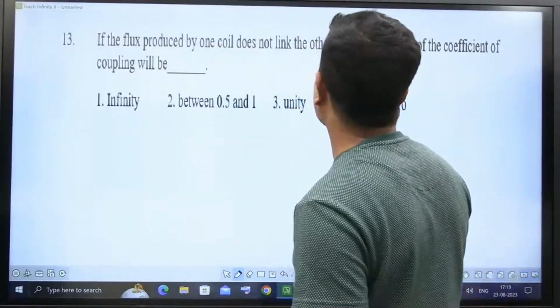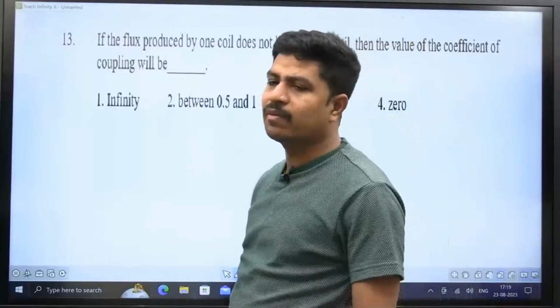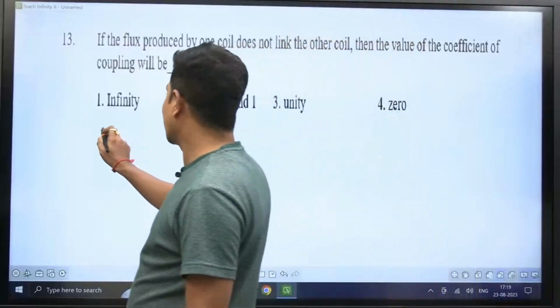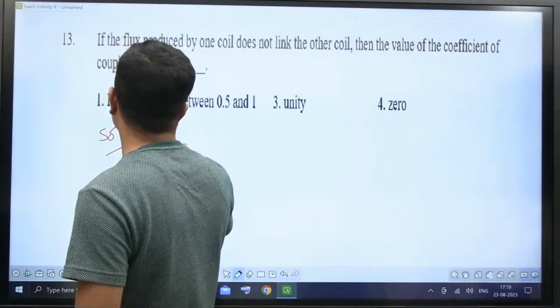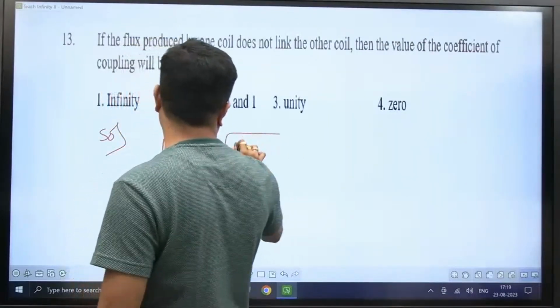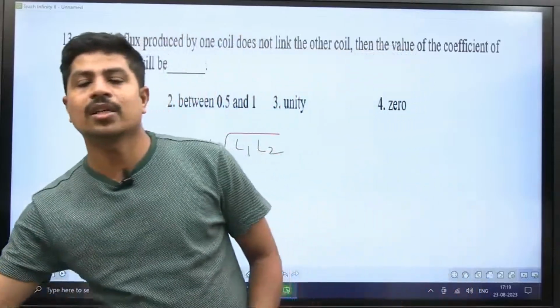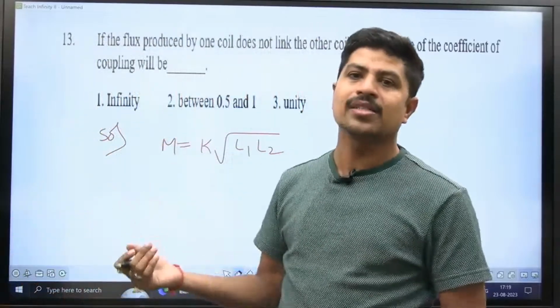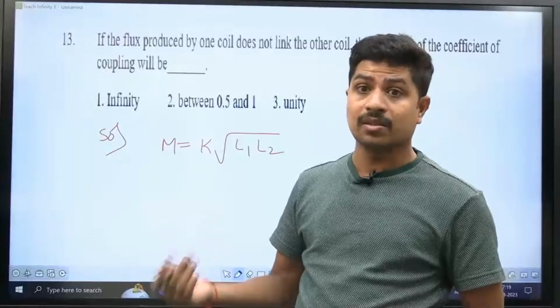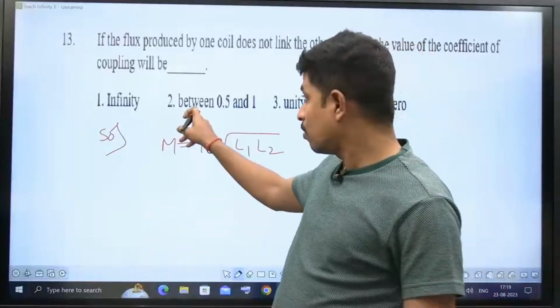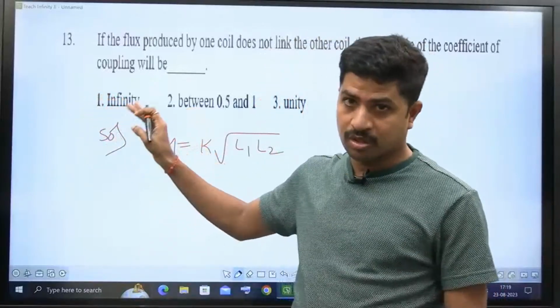Then the value of the coefficient of coupling will be 0. What is the formula? Mutual inductance M is equal to K into under root of L1 L2. I told you this topic. Mutual inductance and self-inductance is a very important topic for this particular examination. I told you, right? Not only this question, we have 2 or 3 more questions from the same mutual